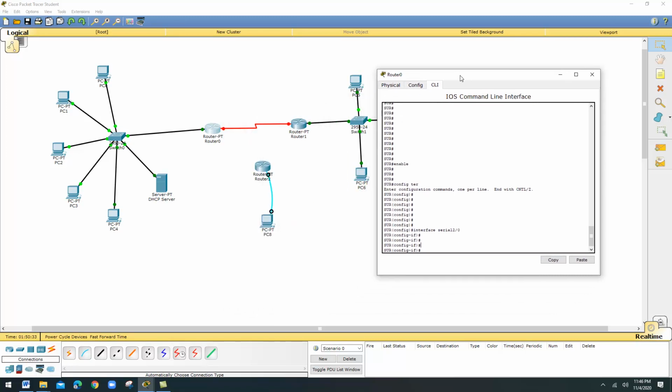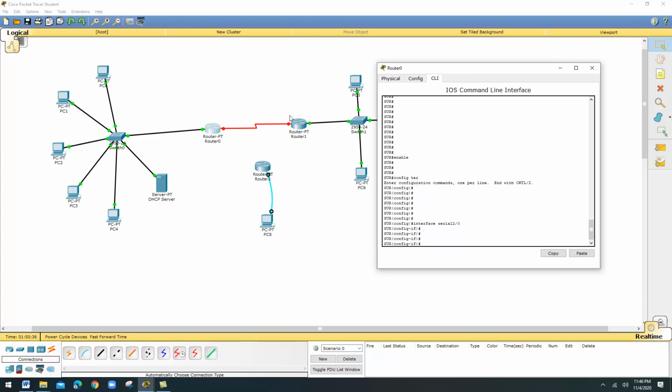Now I want to fix some IP address. This is the 20 network, so on this side I am going to use 20.1 and on this side I am going to give 20.2. Now I want to configure the IP address. So, ip address. If you have any doubt, you can use a question mark so that you can find what the next one is. The next one is A.B.C.D, that means you have to give an IP address. So I am giving 20.0.0.1, this is the IP address. Now I give a space and a question mark.